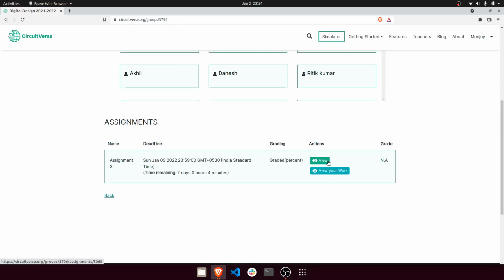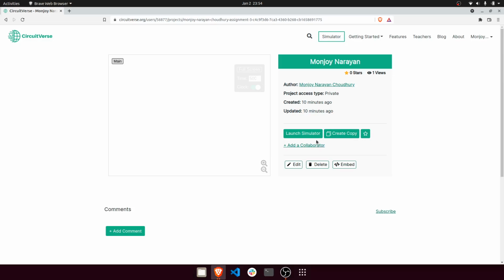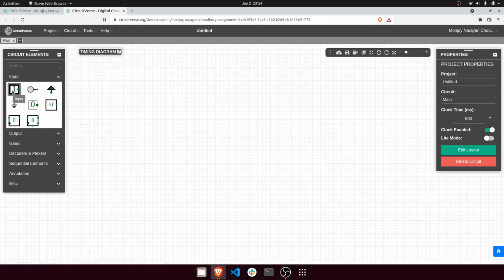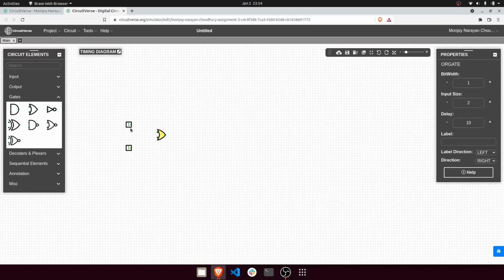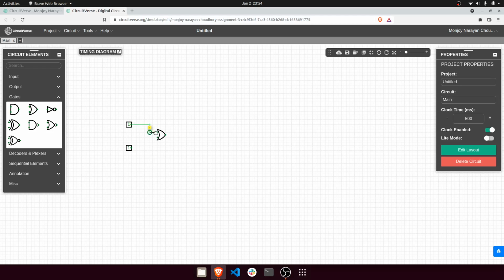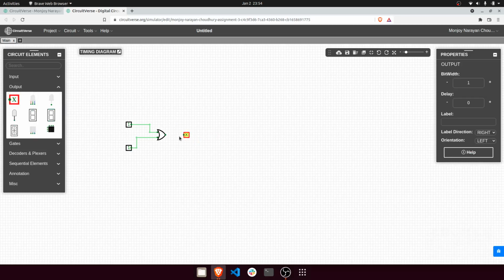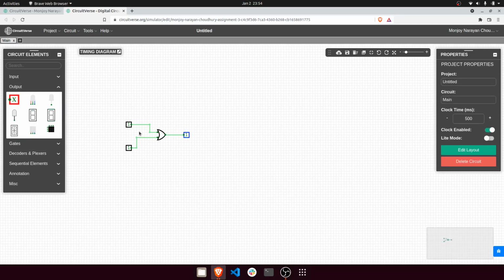okay, then click view your work. Now this is created, right? Launch the simulator, start working, take inputs, take some gates. Let us take an OR gate for now, take an output. Fine.